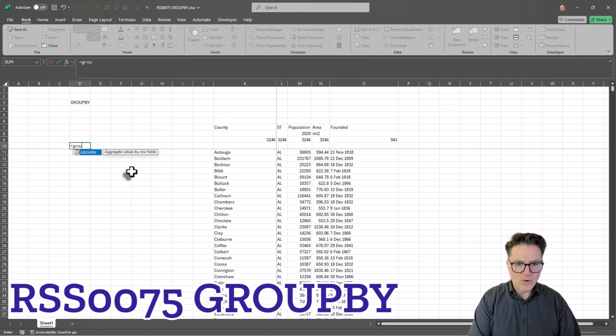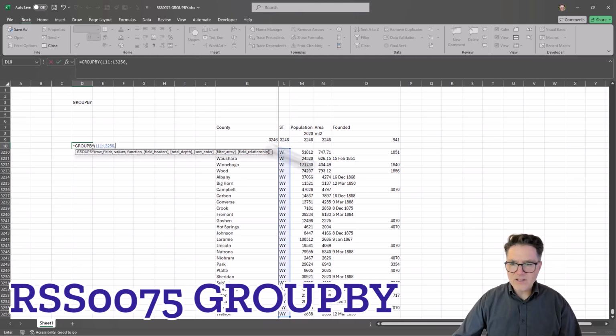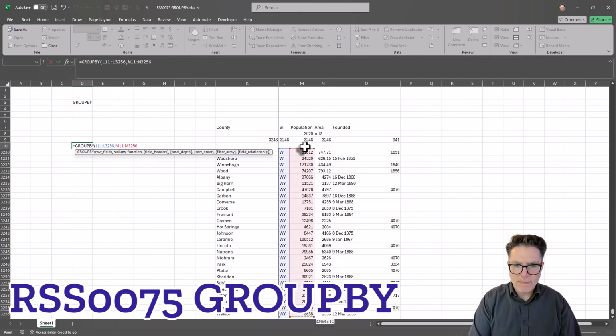If I start to type group by, here we've got these required fields: the row fields, then values, and then function. Let's use this example. Let's try to make the states grouped such that we sum the population by state. So if we group the fields, we want to know the state, and then the values of those are going to be the population, and then the function we want, let's do a sum, and then we're showing